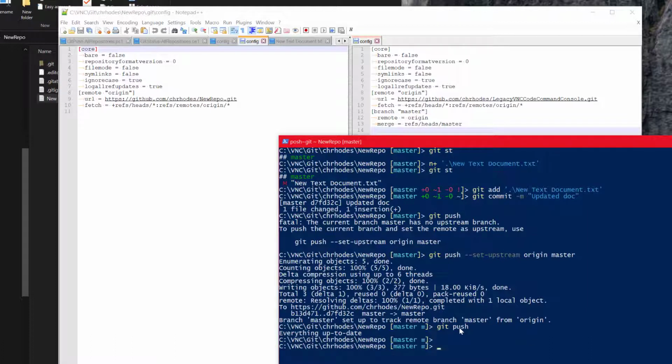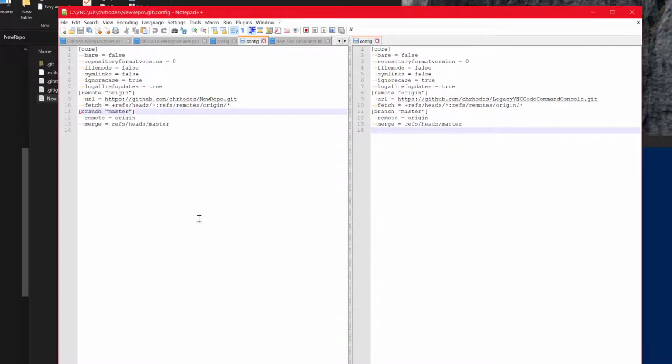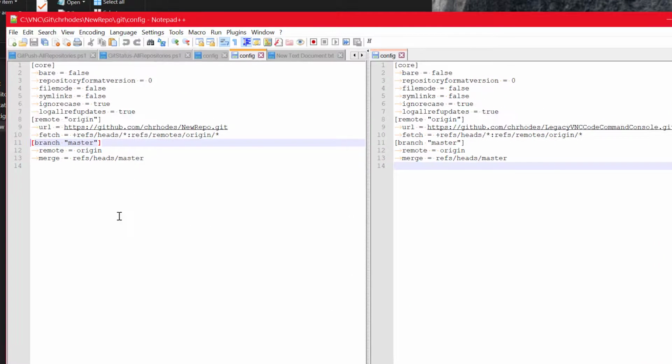Everything's up to date. But I'm going to click over here in Notepad++, and I think it's going to tell us that the file's out of date. So let me click here. Do you want to reload it? So look down at the bottom and you'll see some new lines appear. Yeah. So now what it said is our branch master